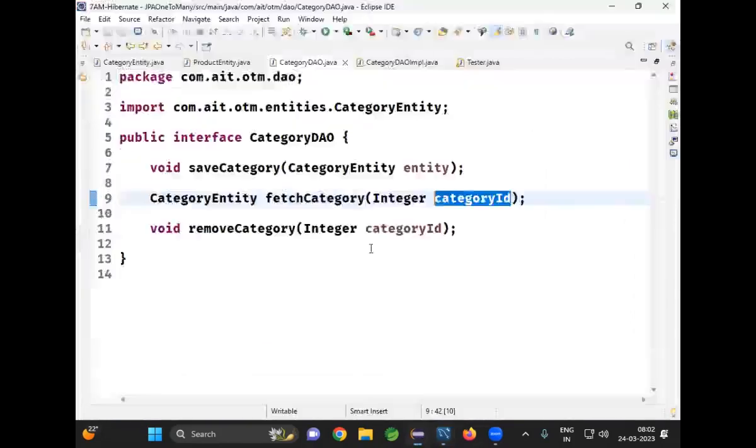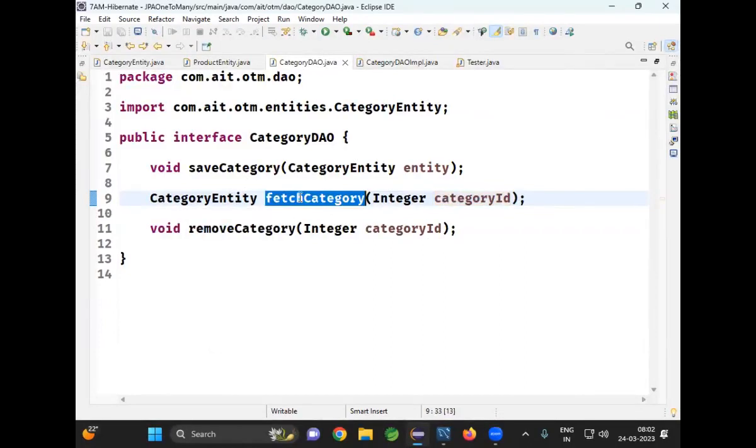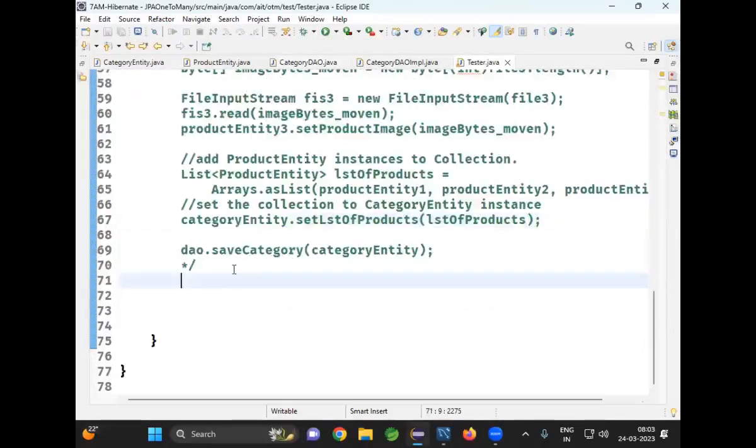Okay, let's go on. Now we want to understand calling this method. Which method would I like to call? Fetch category is the method I would like to call. Pass the category ID, and whenever I call this method, it returns me the category object, an object of type category entity. In our terms, it's called a category object. So let me call that category entity,